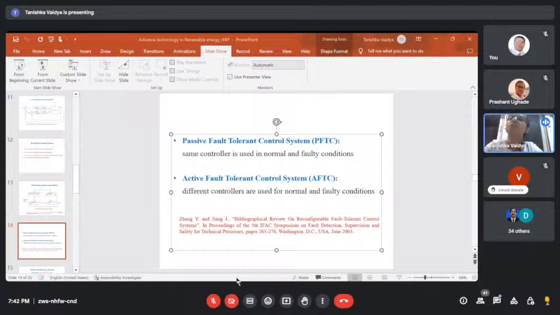Basically, these are the faults in wind energy systems. Few faults are incipient faults. Incipient faults means day by day it will reach the failure, but it will take good enough time, so we will get good enough time for doing its maintenance. And abrupt faults are where something abruptly fails, and in that case, our control system should take care of